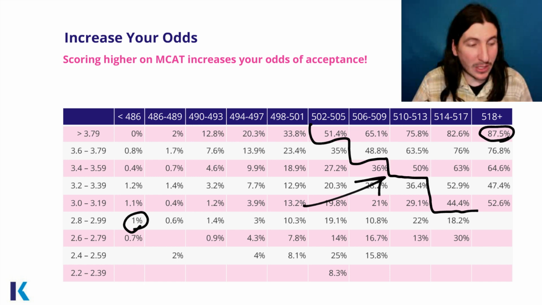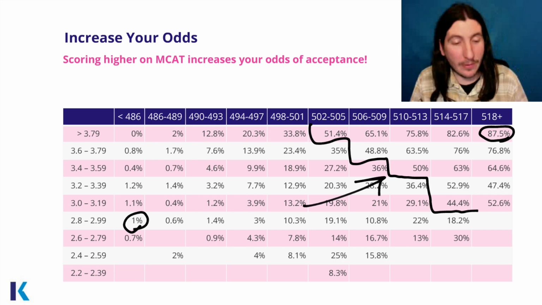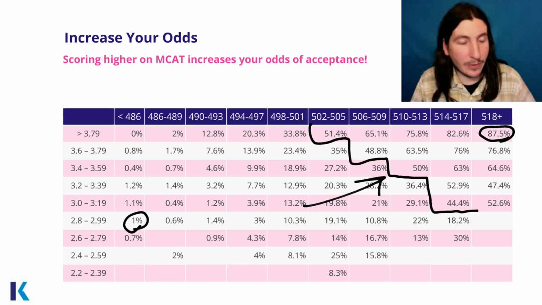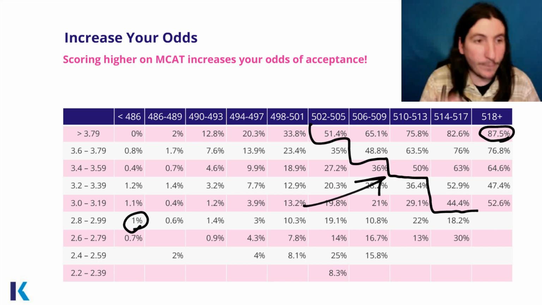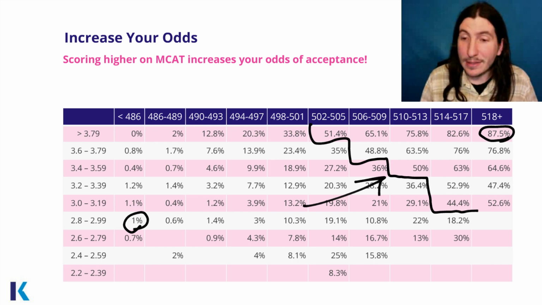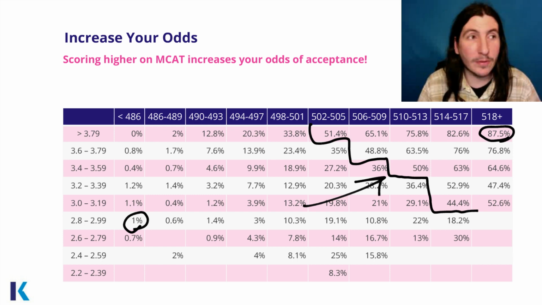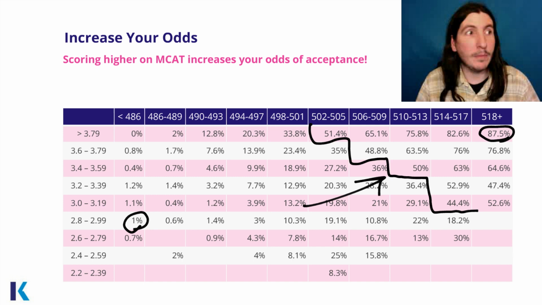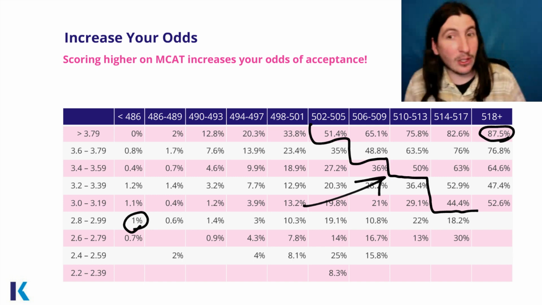So you need to invest in yourself, invest in improving that MCAT score. If you want to improve your odds of getting into med school, you have to be willing to invest the time and the effort, be willing to invest in yourself, focusing on the MCAT score. And to some extent, that sometimes involves neglecting, maybe doing everything you could have to make sure you have